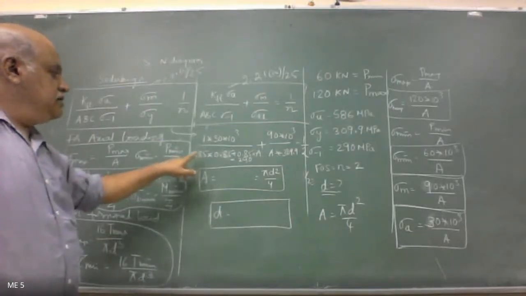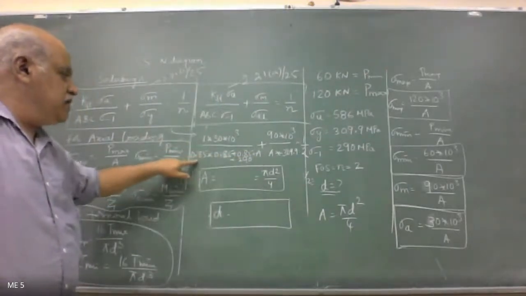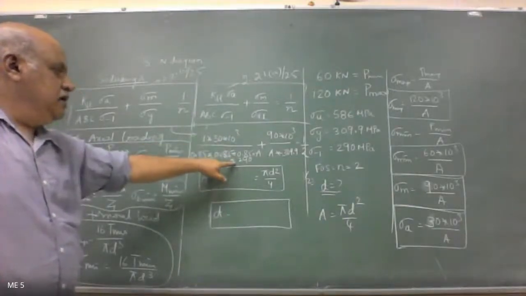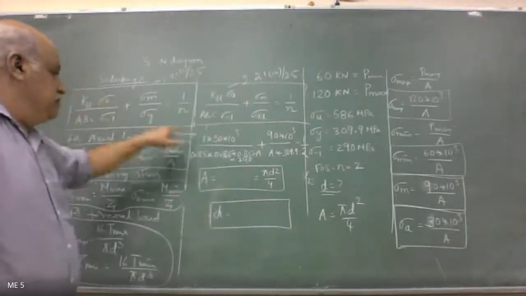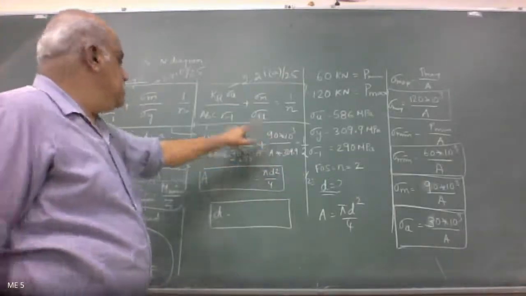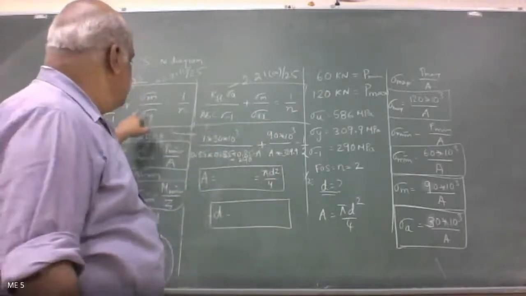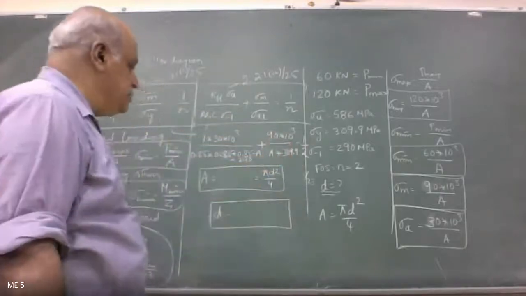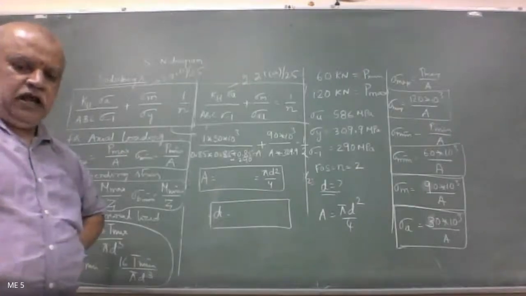Substitute A, that is A here and this is area of cross section. Don't get confused. This is load factor capital A, size factor, surface finish factor into 290 into area of cross section, which is from sigma amplitude. Okay, stress amplitude is 30 into 10 power 3 by A, plus mean stress is 90 into 10 power 3 by A into we have yield stress of 309.9 that is equal to 1 by factor of safety, that is 1 by 2. Give me the value of diameter now. As per Soderberg relation.